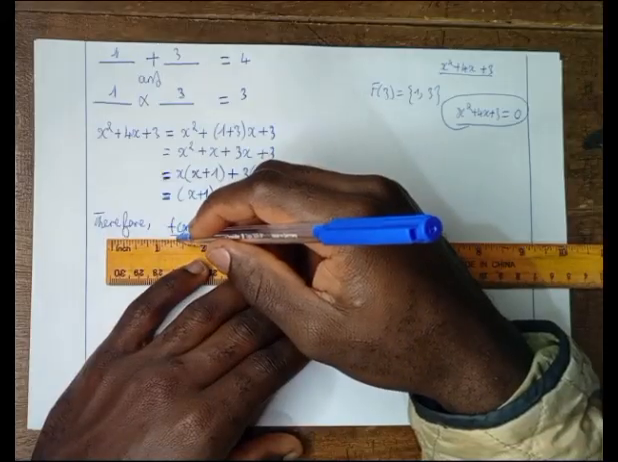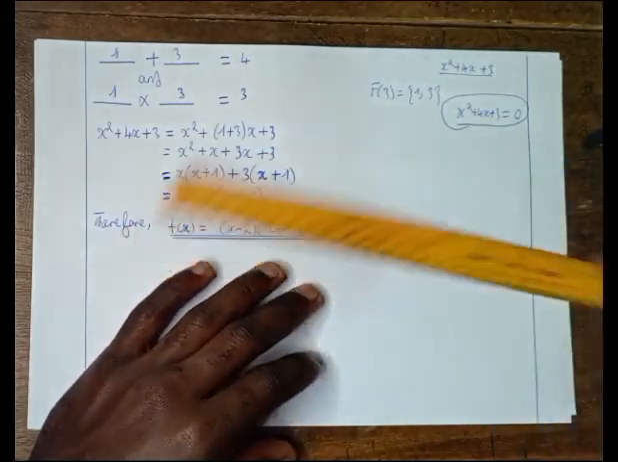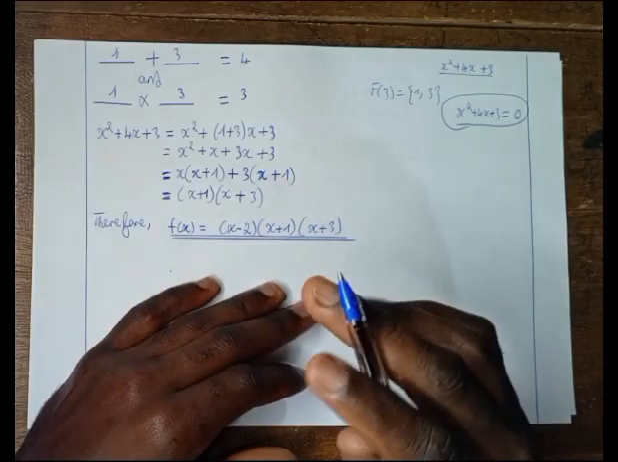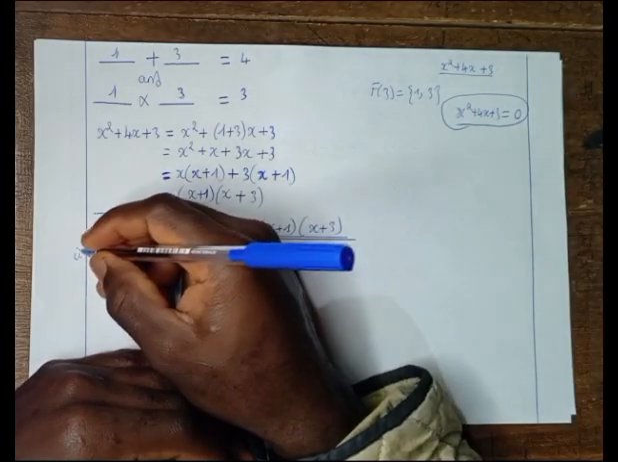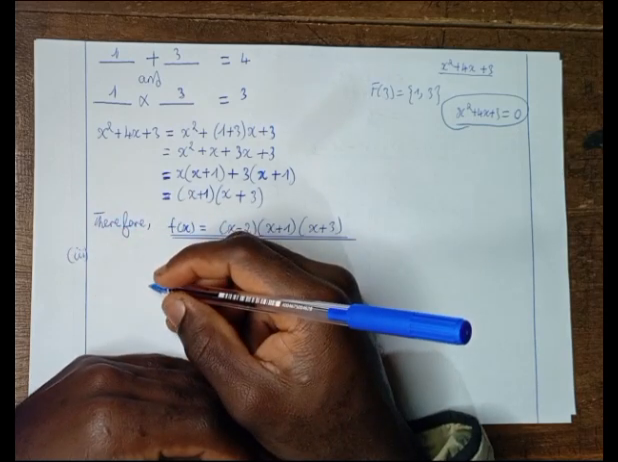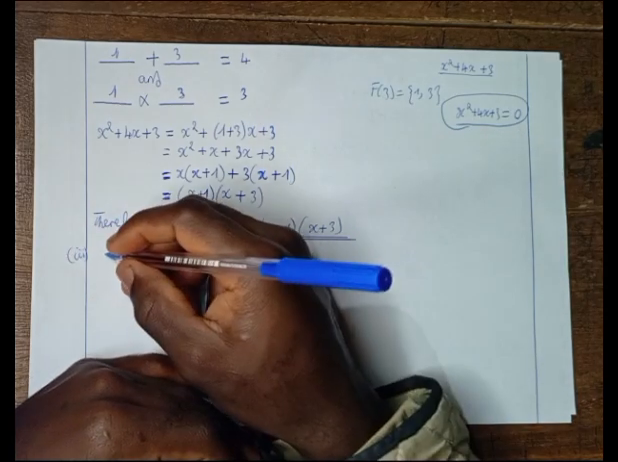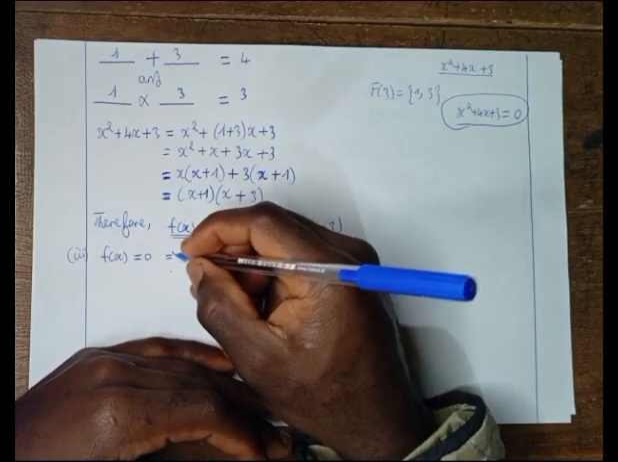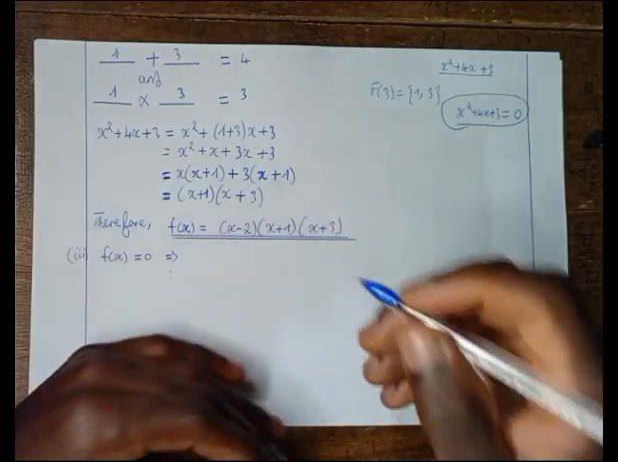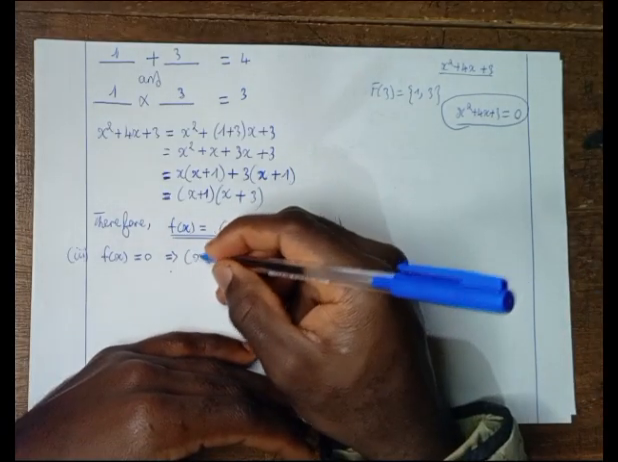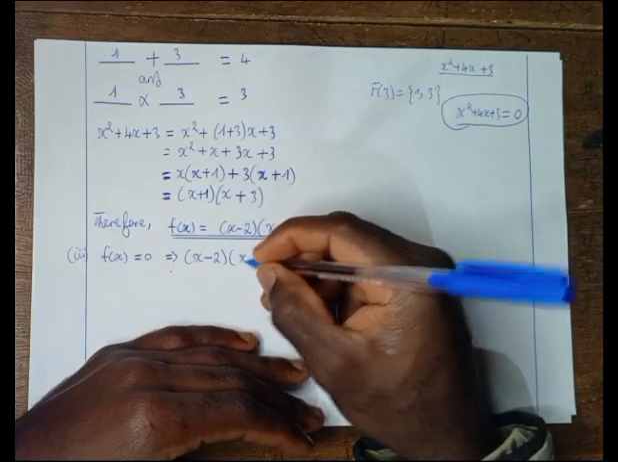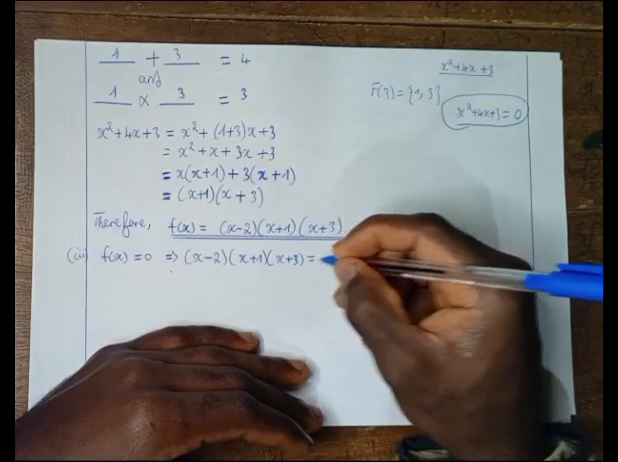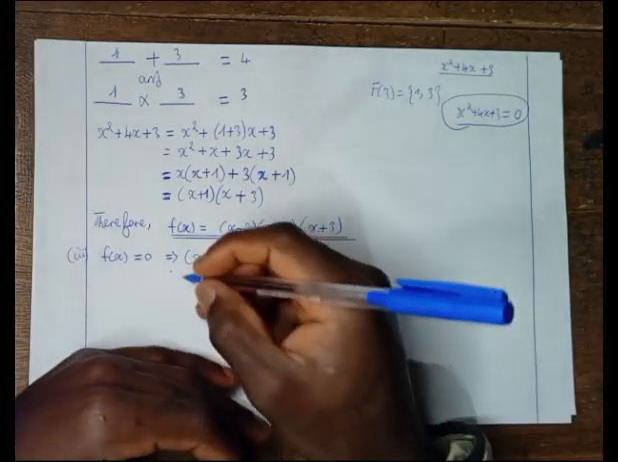You can see it is a product of its linear factors. Here the highest power of x is 1, the highest power of x is 1, highest power of x is 1. Next, now we go to 3i. 3i says that we should find the values of x for which f of x equal to 0. F of x is equal to 0, then if f of x is equal to 0, then it simply means this product of linear factors will be equal to 0, which simply means that